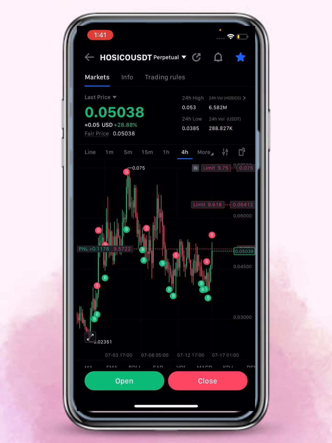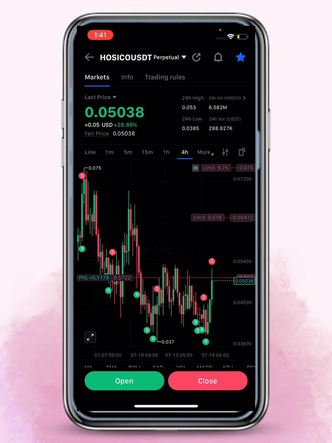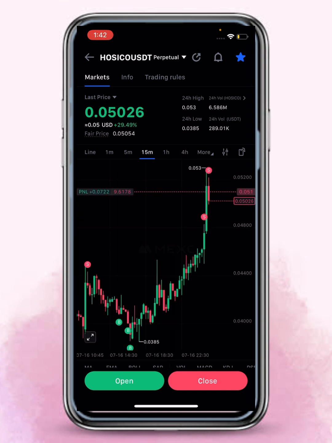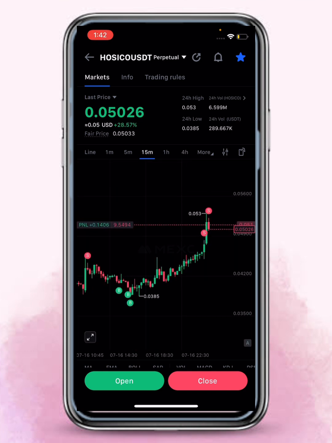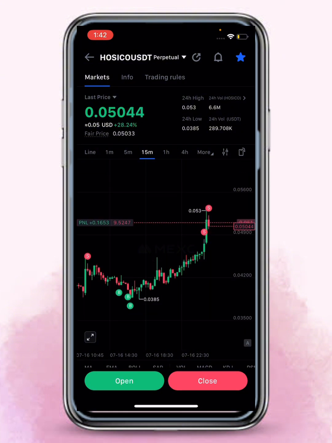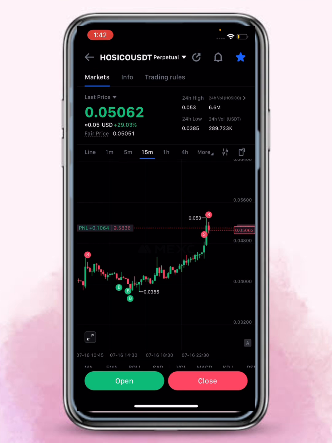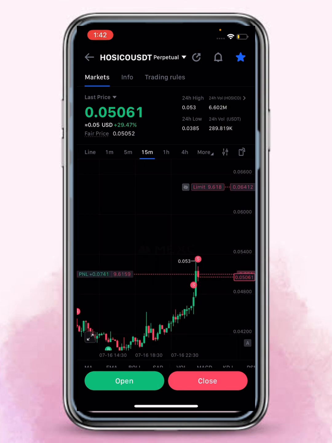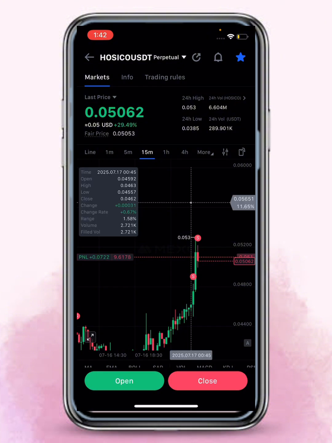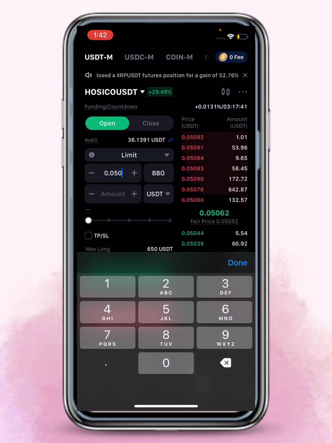But now the prices look very far from each other because I'm using the 4-hour time frame. Let me put it back to 15 minutes. So let's say my entry price for this short is 0.51, so my next price is going to be, let's say, 0.56, this price here, 0.5631. So this is just an example of how to DCA in case the price is going against you,